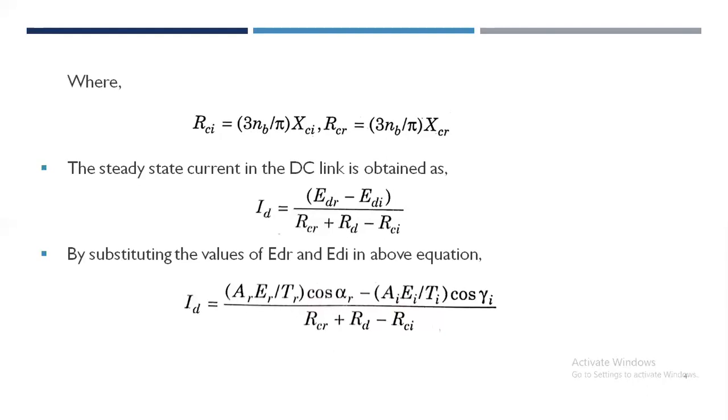To avoid the clash of two current controllers, the current reference at the inverter is kept below that at the rectifier by an amount called the current margin. This is typically about 10% of the rated current.